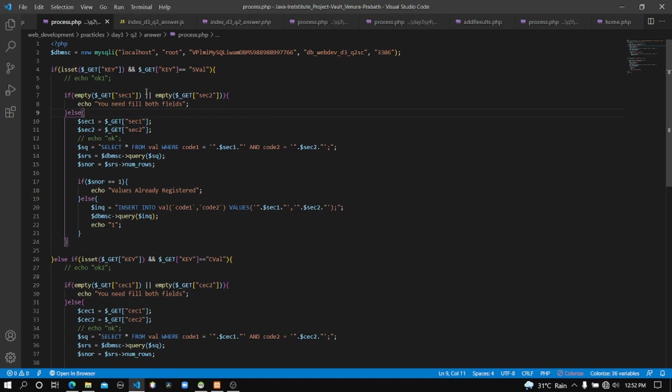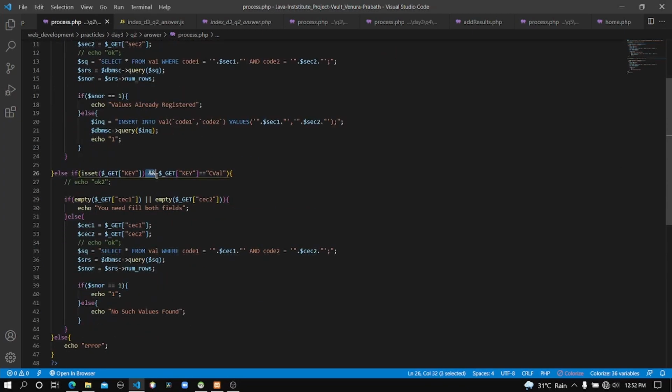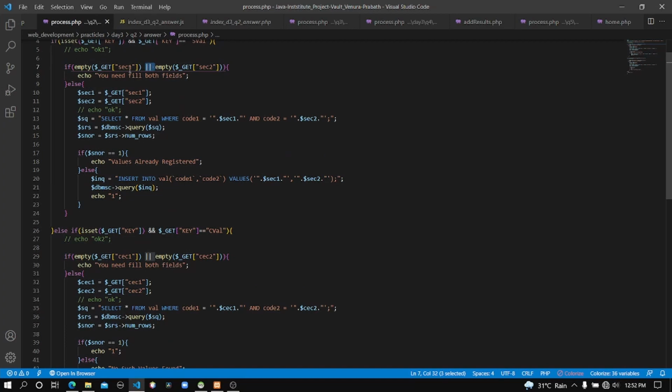That means if there's a name called sec1 which will come to the server side, and if the value which comes with that name is empty, and also here this is the OR operator, this is the AND operator, and this is the OR operator. OR means if one of these conditions is met, there's no need for both of these conditions to be met.